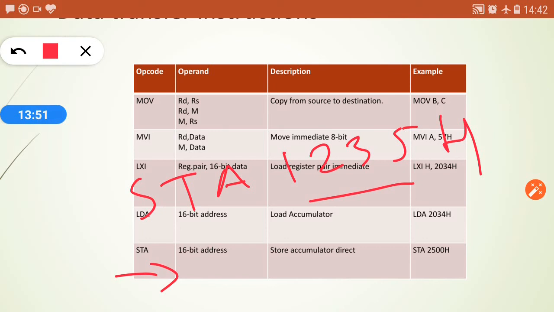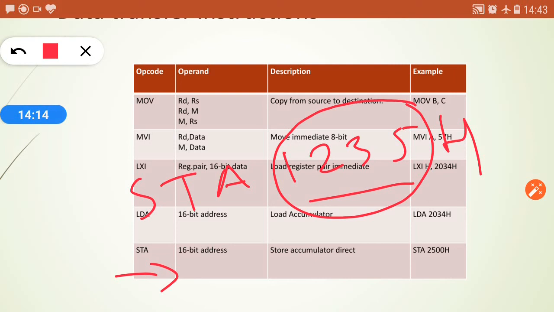So if I write STA 1235H, the contents of the accumulator are copied to the memory location whose address is 1235H.